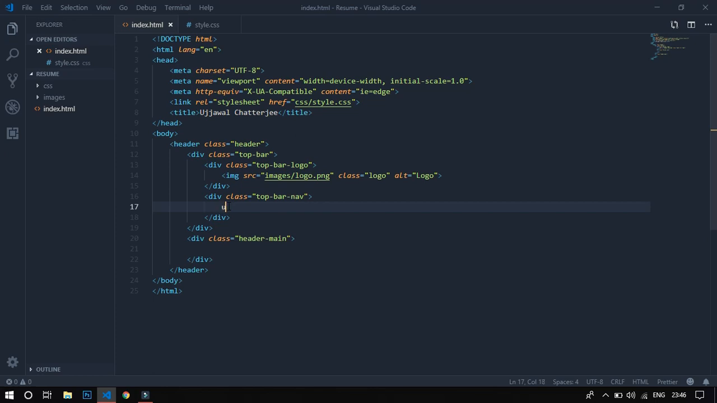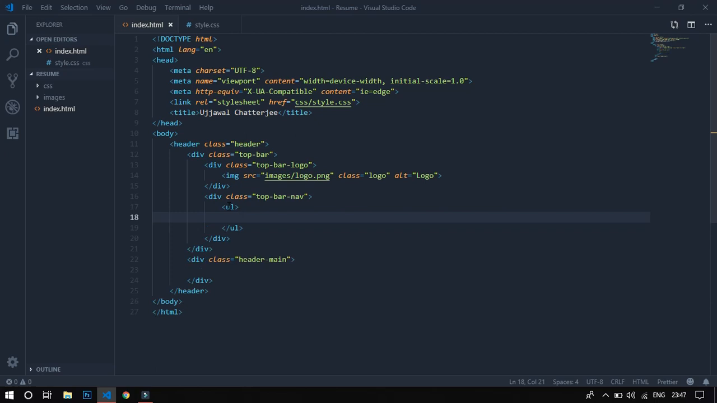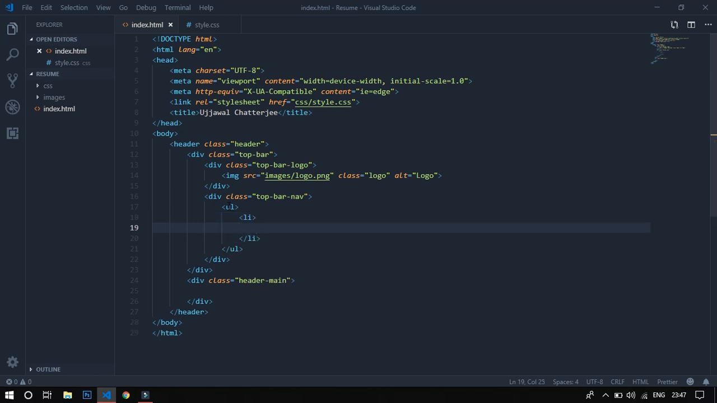Now inside this we shall create an unordered list, and inside the unordered list we shall create list items. Inside list items we shall create links. Okay, now we can give some class names. Navbar,